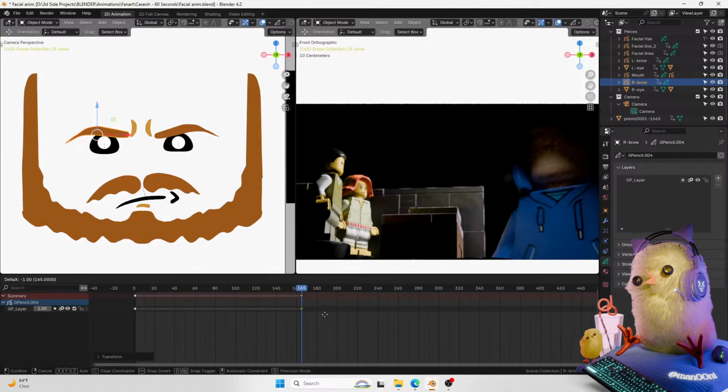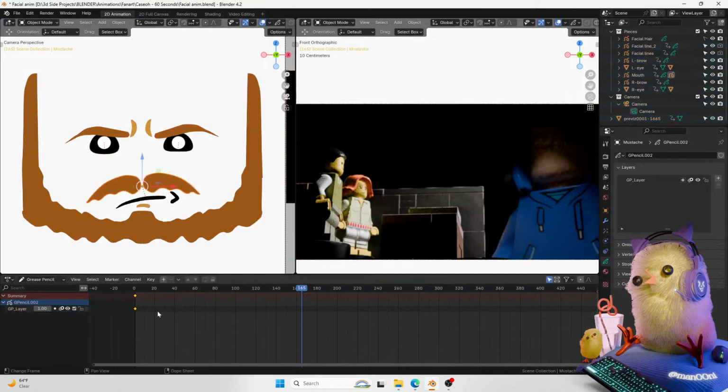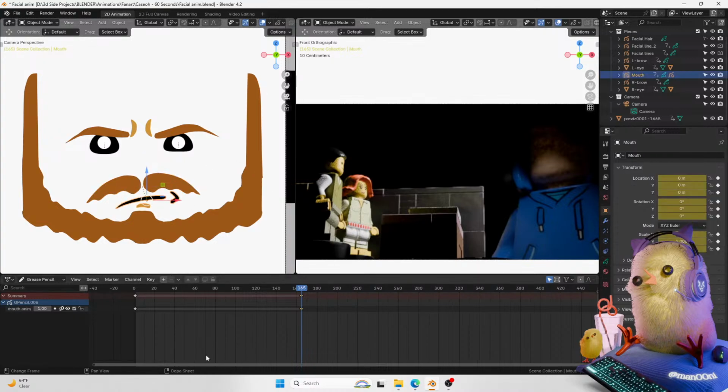Make sure that they align at the same frame. What about the stash? Nope. Copy the stash. Yes. Alright, mouth as well. Alright, and then I will also have to manipulate the